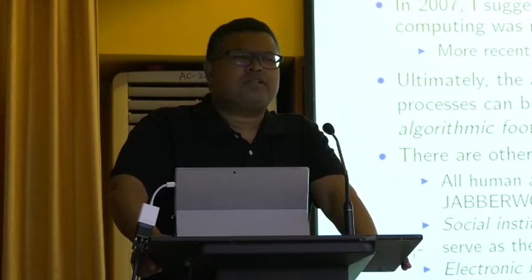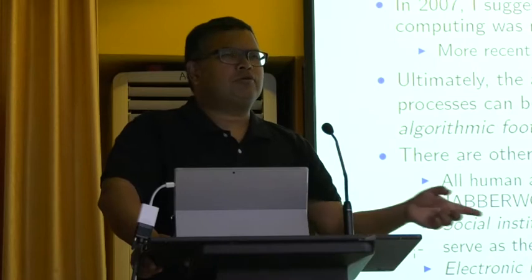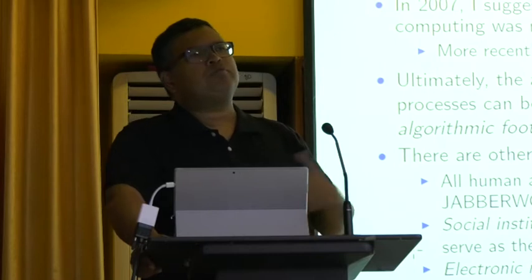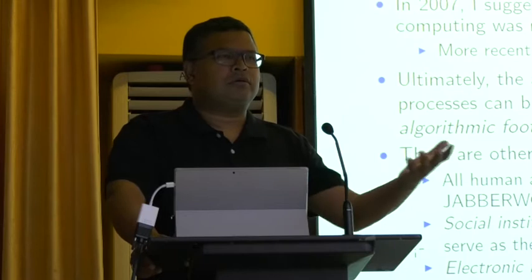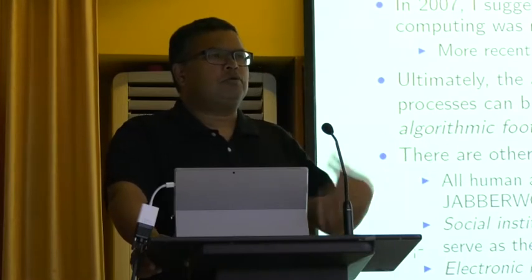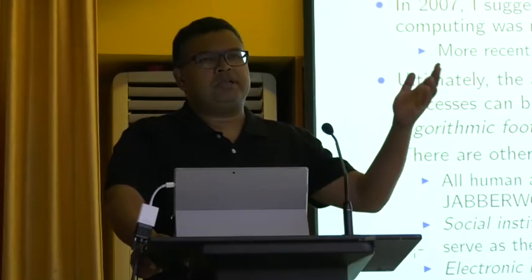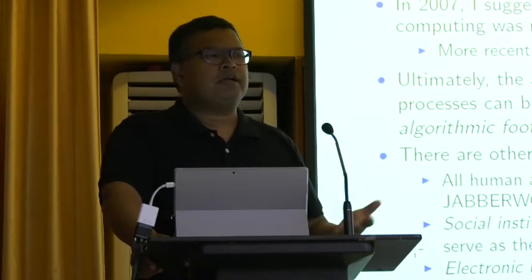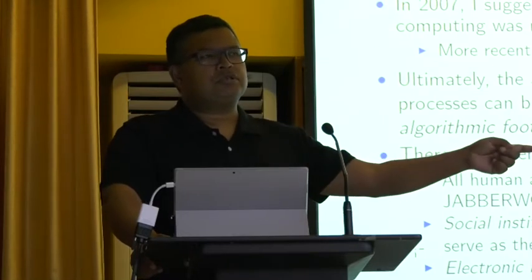But in a similar sense, you can think of social institutions as providing an operating system, right? So it's another correspondence between a computational concept and a social concept. What does the operating system do? It helps you manage the complex operations of a system like a machine, your desktop computer. Social institutions do exactly that for a much more complex beast, which is human society. Right? The judiciary, the legislative arm of the government, the law enforcement arms, and so on, they're doing precisely that. So it's a very interesting thing to say, okay, operating systems here, social institutions there.